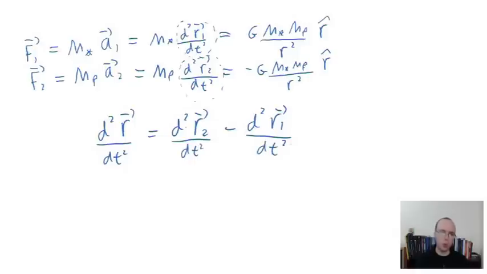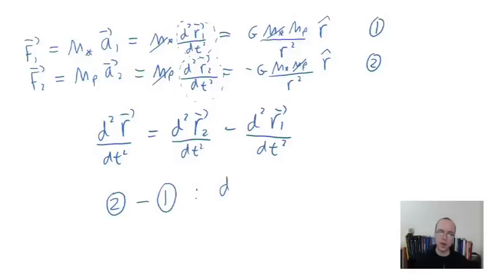And notice that we've almost got these two from these two equations up here, which I can call equation 1 and equation 2. All we need to do to get d2r1 by dt squared is just cancel this m star here and here, and for d2r2 by dt squared, just cancel the mp here and the mp here. Then all we need to do to get this is just take equation 2 and then subtract equation 1 from it,